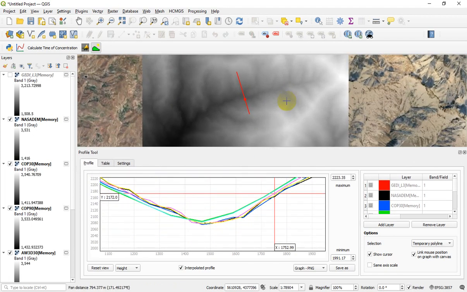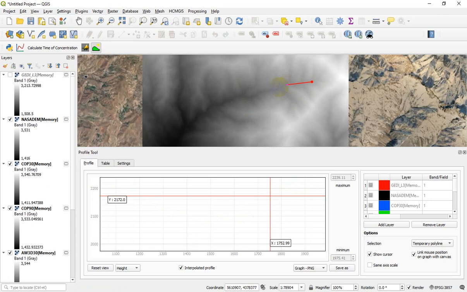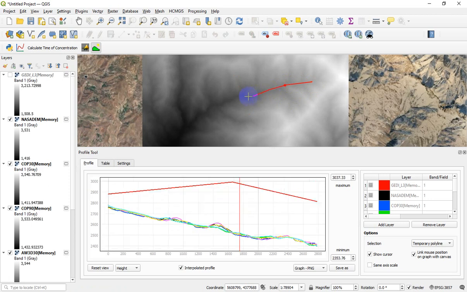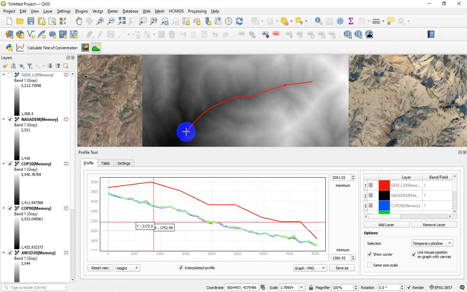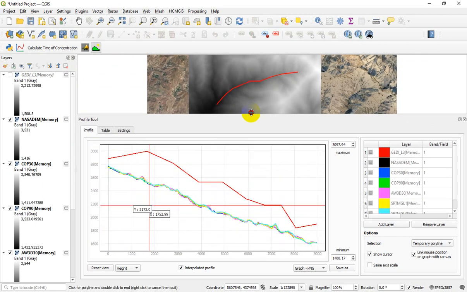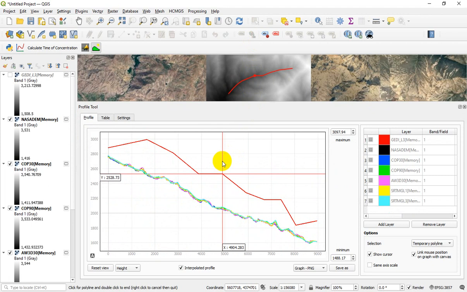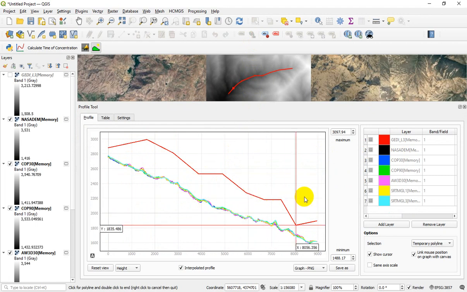And also let me digitize, for example, the stream center line. However, this is a coarse digitization. As you can see, the GDI 1 kilometer DEM resolution tends to overestimate the elevation value.